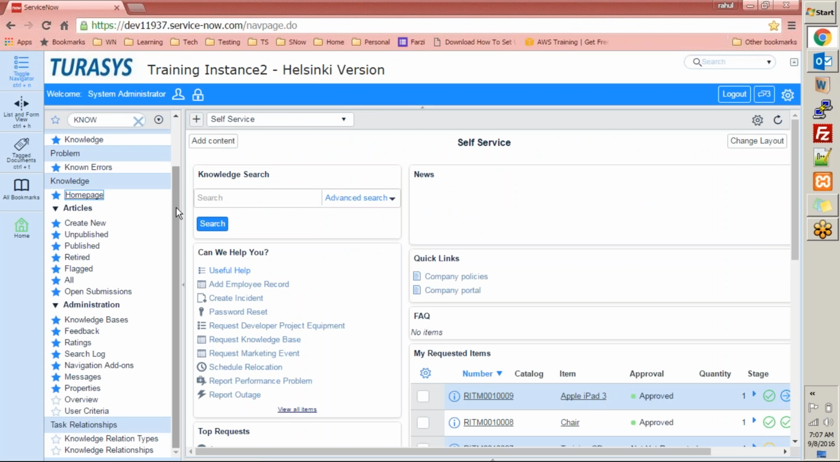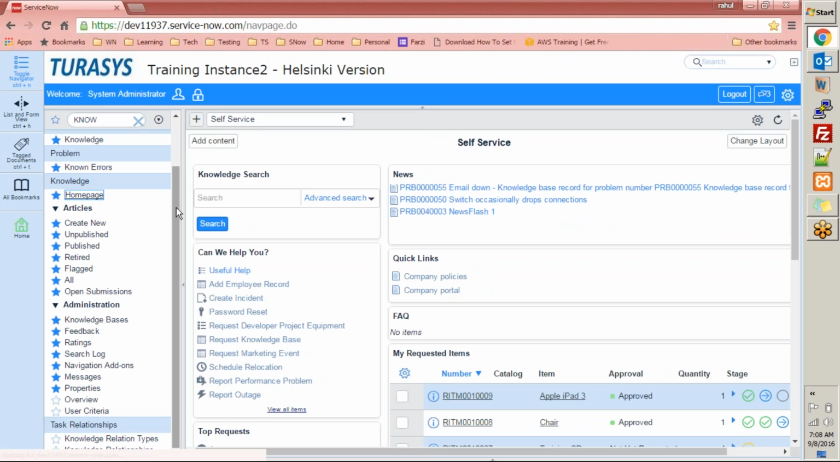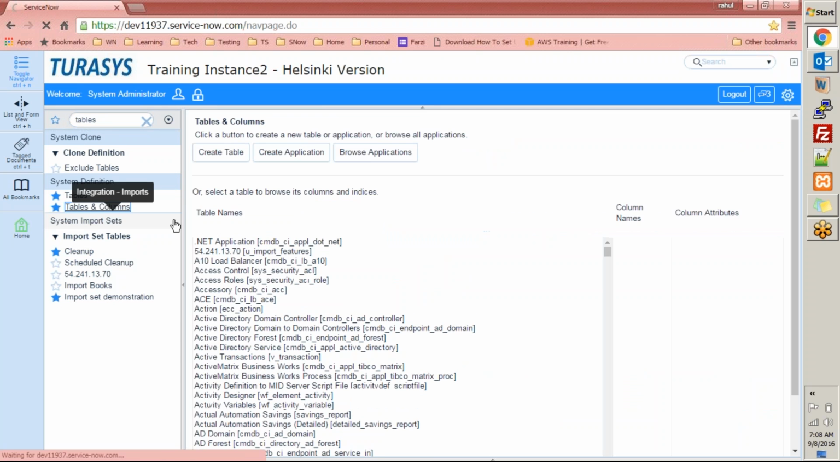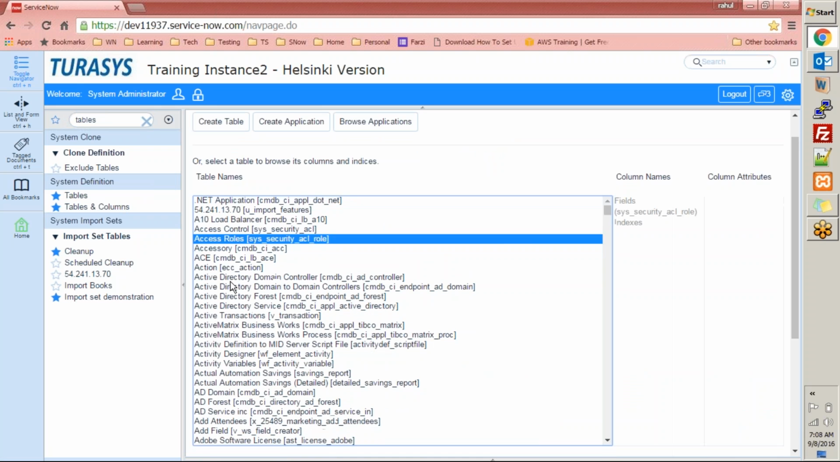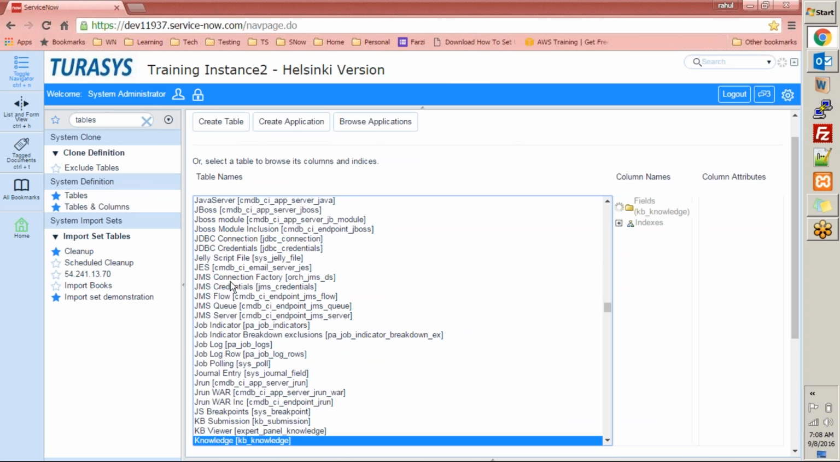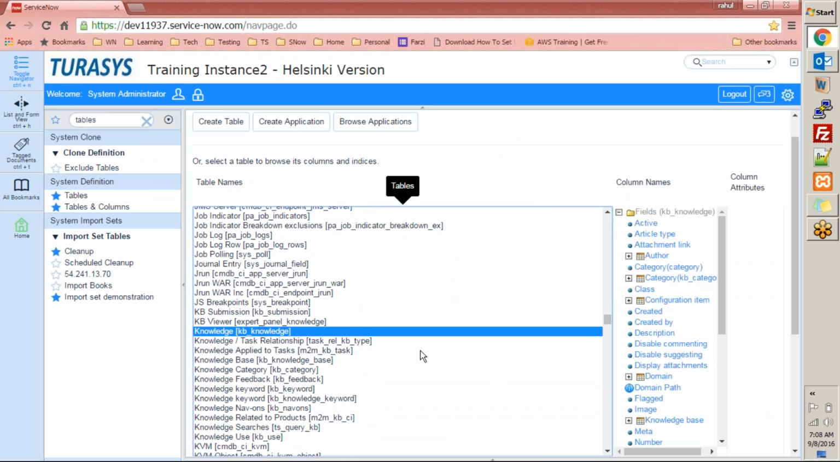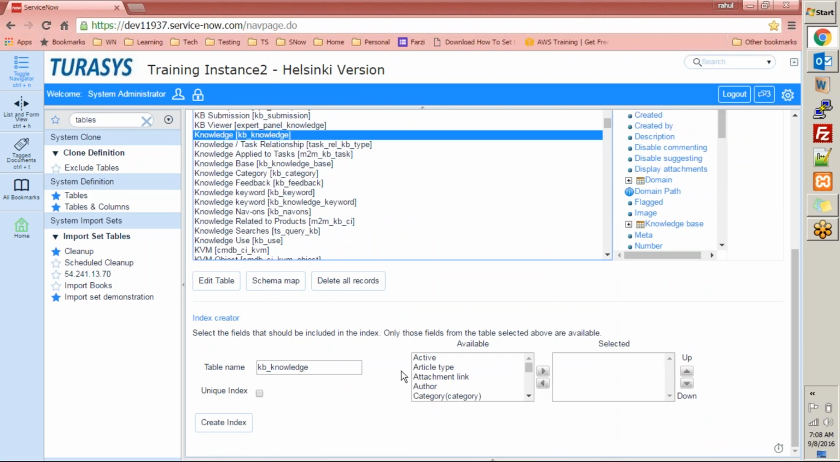Now, again, you might have a look at the tables. The knowledge tables will typically start with kb_knowledge, kb_workflow, kb_knowledge_base, and other tables. If you go into tables and columns, the first primary table that we'll be using is kb_knowledge, right? If we scroll down and go to schema map,